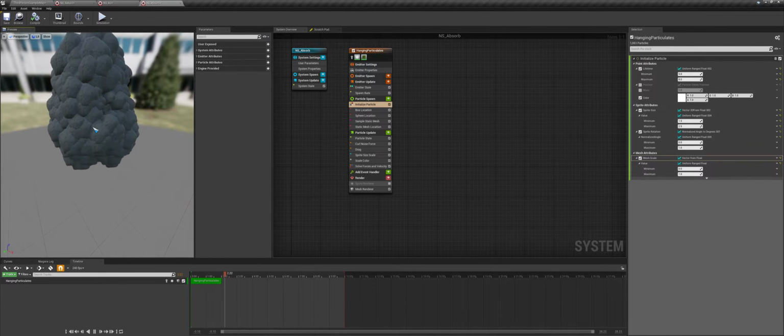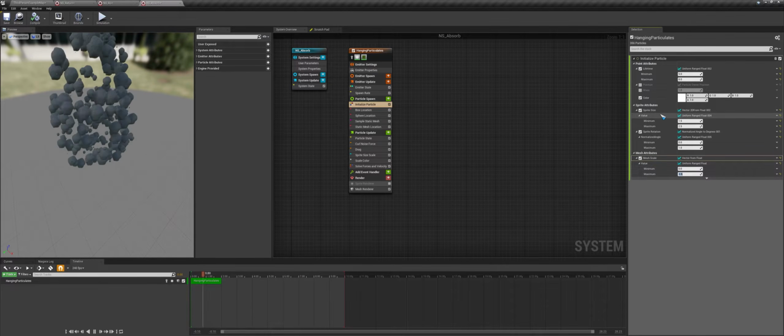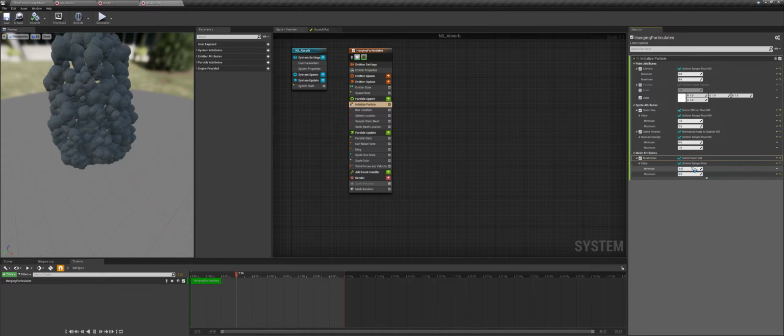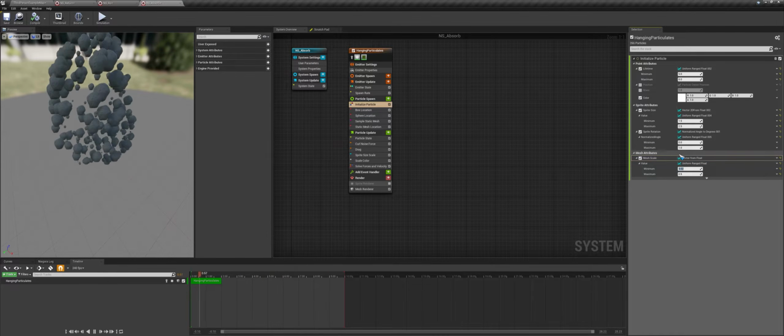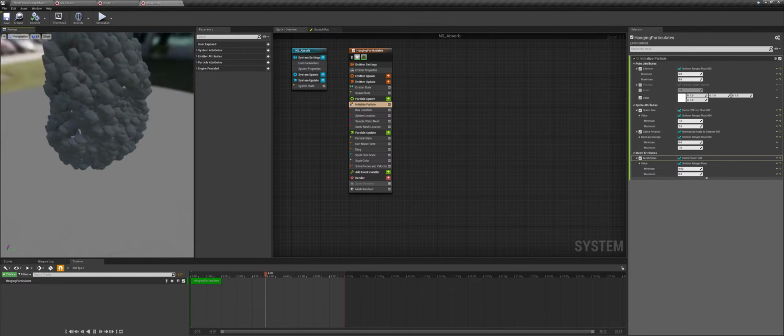So this means that we get these random sizes. So I will change this to a 0.5 value, and this should be like 0.02 or something like that. So it's really small. So we have something like this right now.